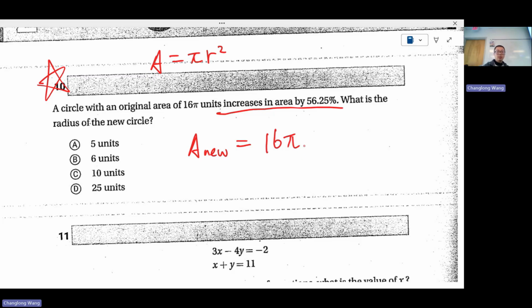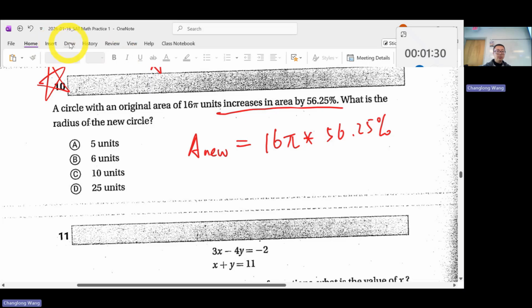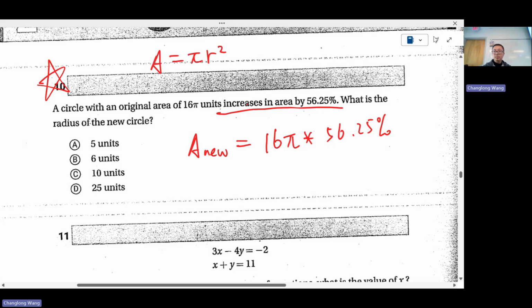Multiply, right? Now the problem is if you do that as is, you realize you multiply by something that's less than 1, so the new area is going to get smaller. But that's not supposed to be the case because they say the area increases by this much. So instead of multiplying just the percentage, what you have to do